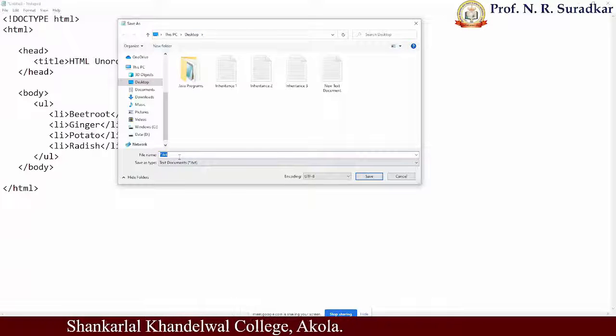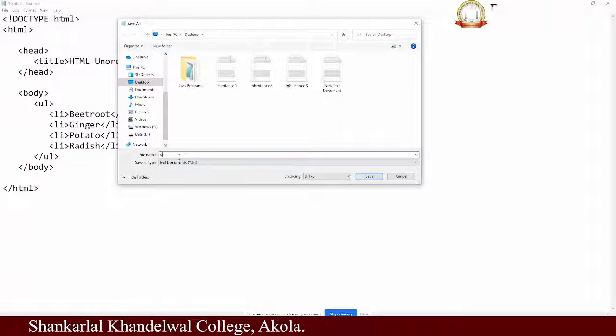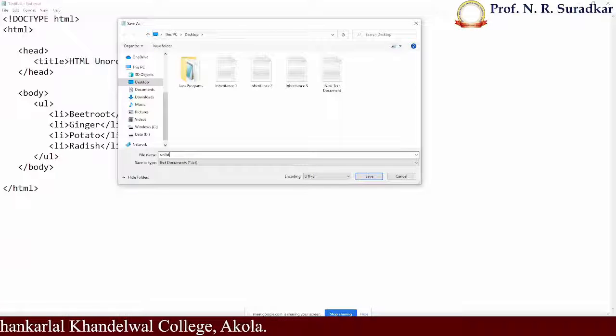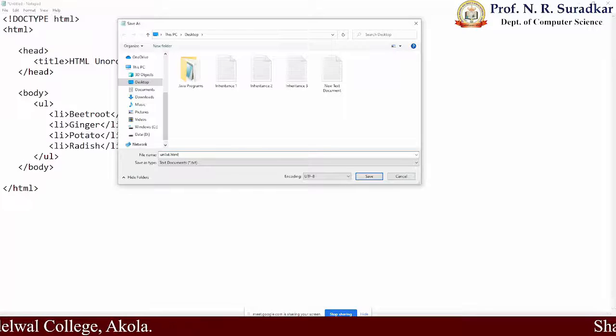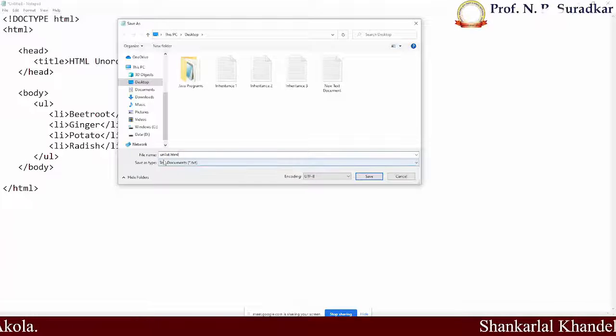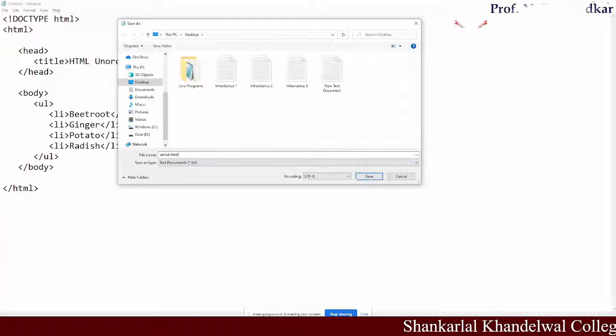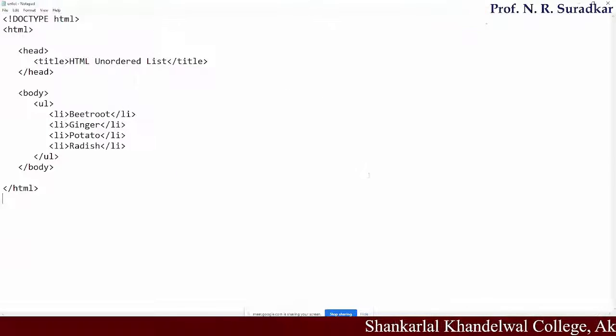The name of the file is unlist.html. Every time we save the file with the extension .html, it will be opened in the web browser. Then click on the save option.